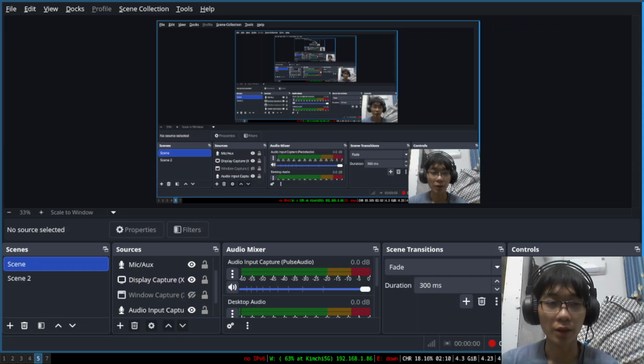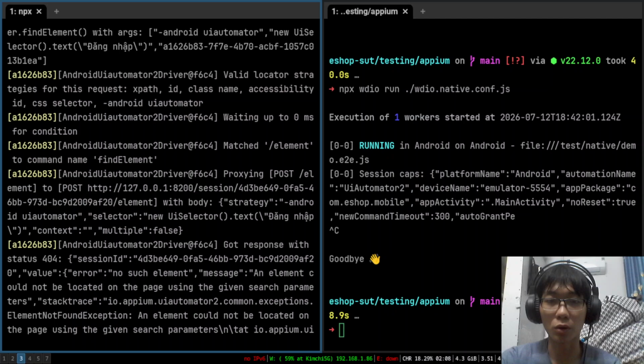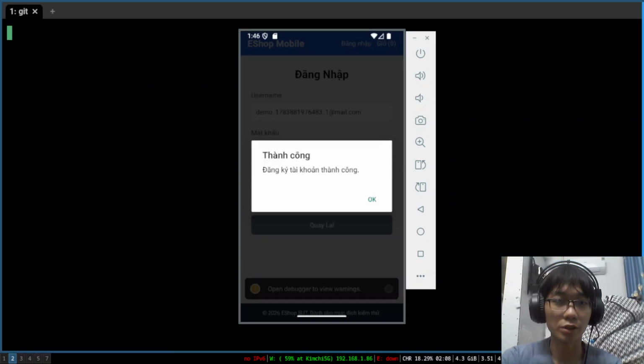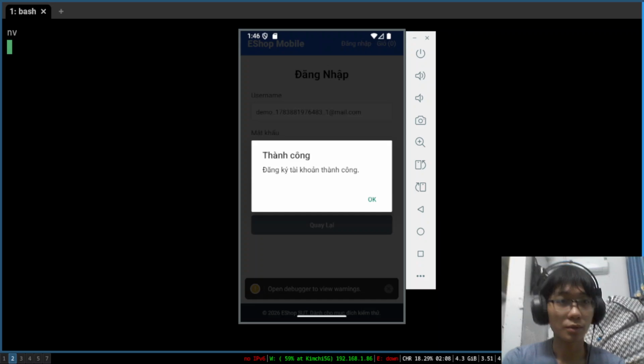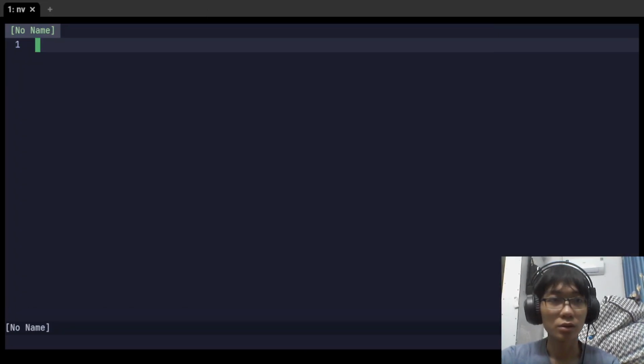In this video I'm gonna demonstrate how the Appium testing framework works with our eShop mobile app. So first of all, let's talk about the core architecture of Appium. The way Appium works is you're gonna have an Appium server that will run locally on the machine, and